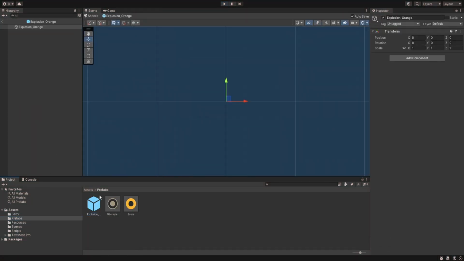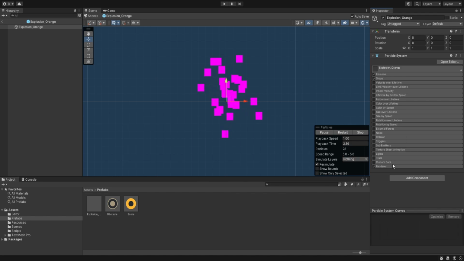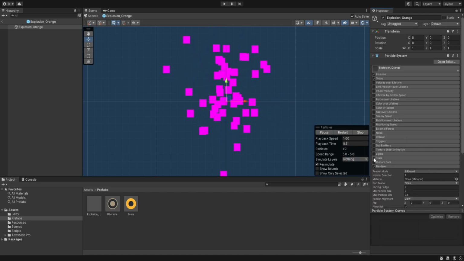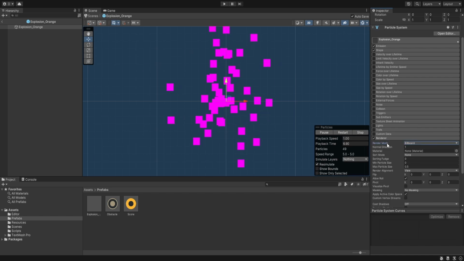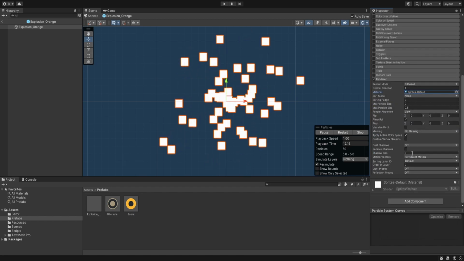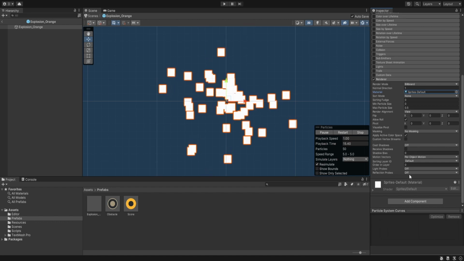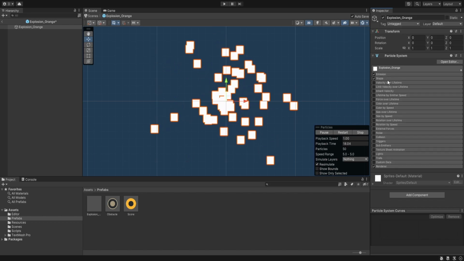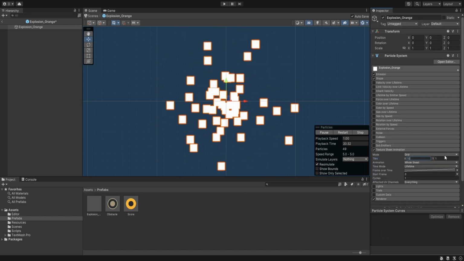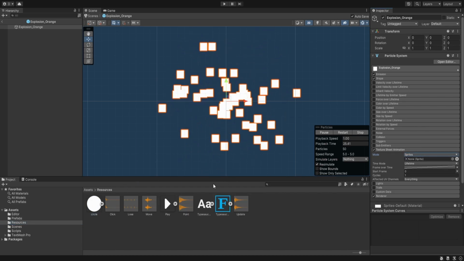So let's go inside prefabs and inside our explosion prefab, let's attach a particle system and we'll go from the bottom and this one is going to be for the orange. So let's use our sprites default material. Ordering layer, it's going to be a little bit higher. So let's set the order layer to 10. The sprite it's going to be is our circle sprite,